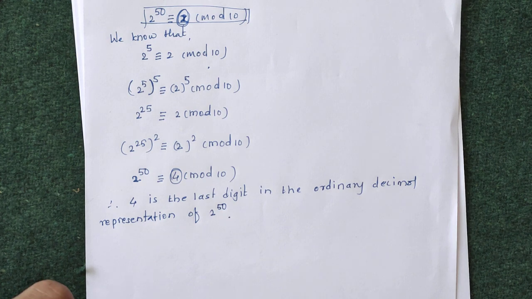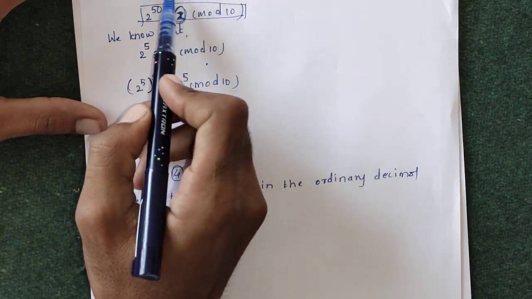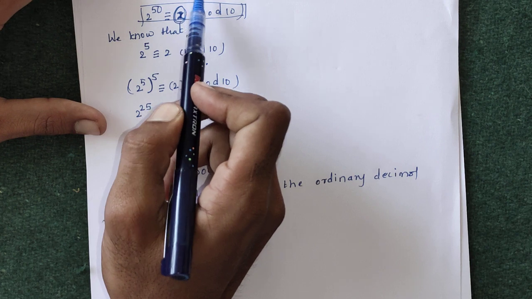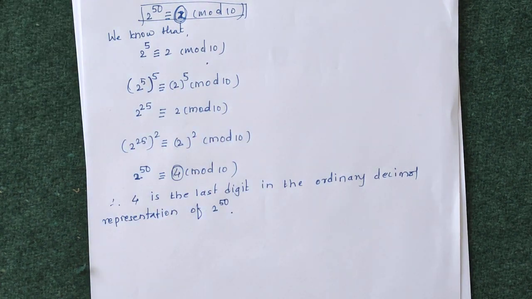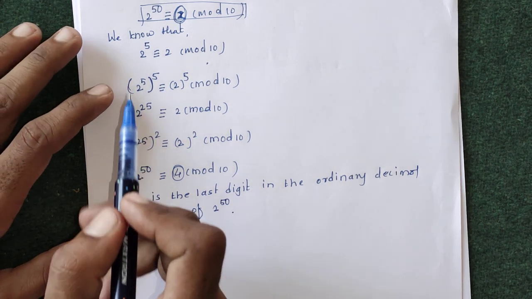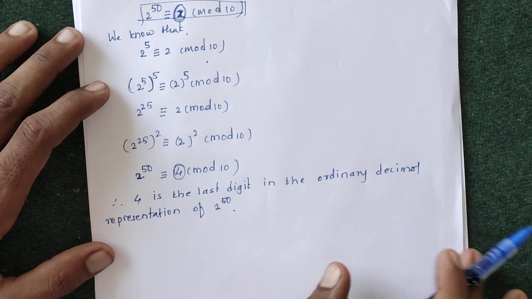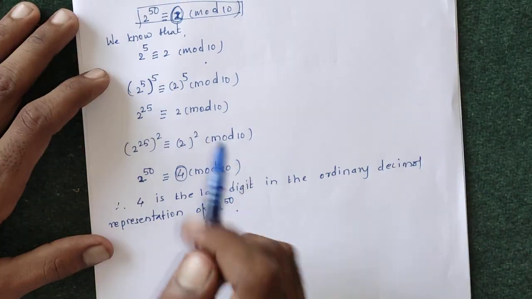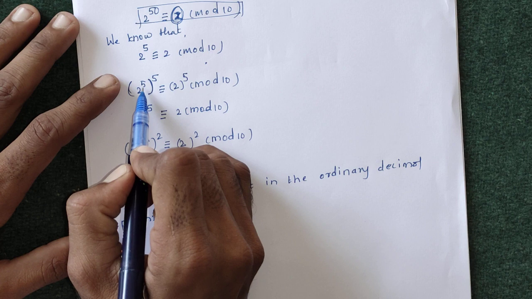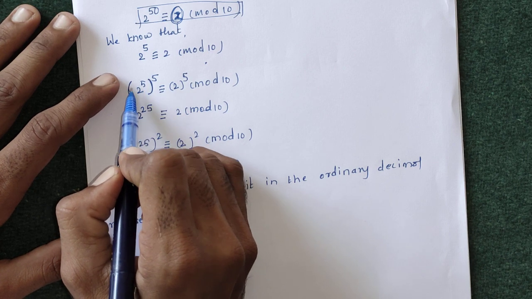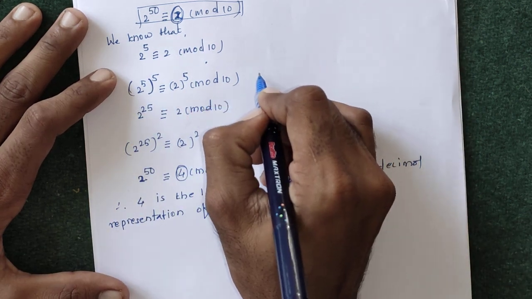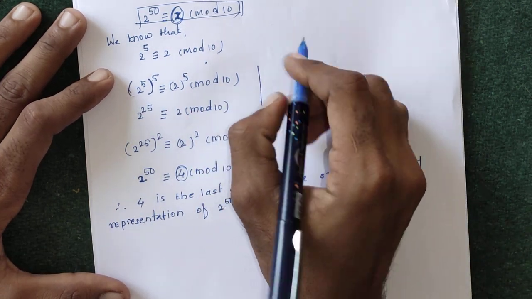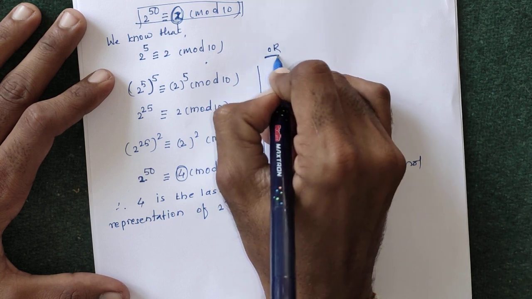then your answer is not correct, since their GCD is not 1, that is, the GCD of 2 and 10 is 2. So you cannot use the Euler generalization or Fermat's theorem. So we have to solve this example by this method. Instead of increasing the power of 2 raised to 5 by 5, you can increase this power directly from this step. This is the OR solution.